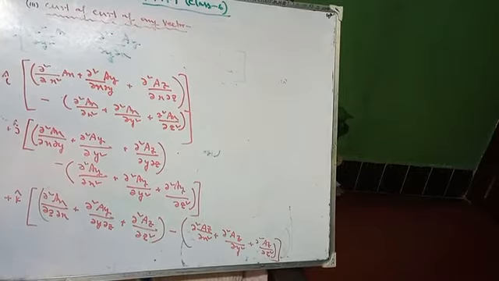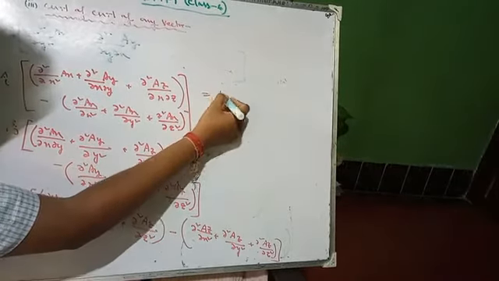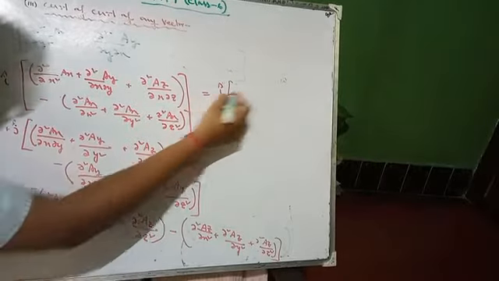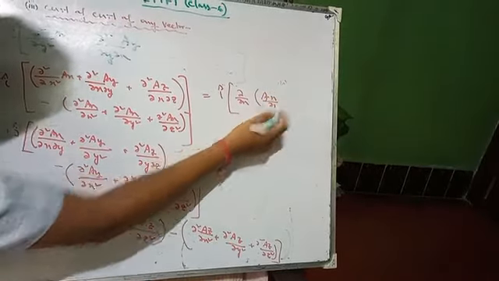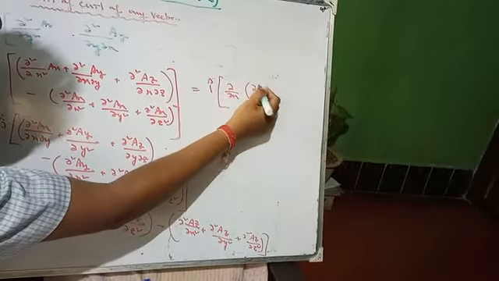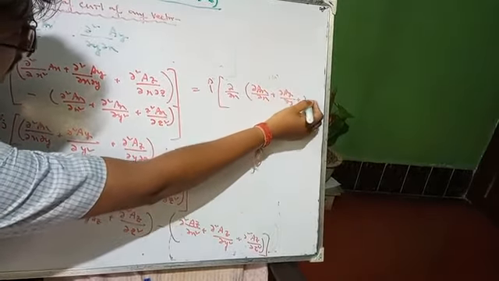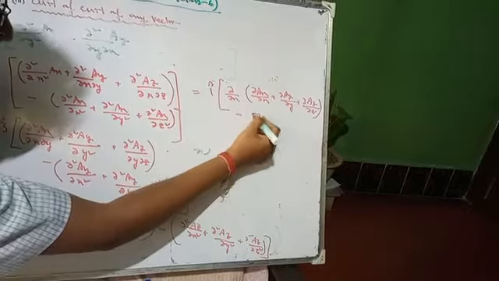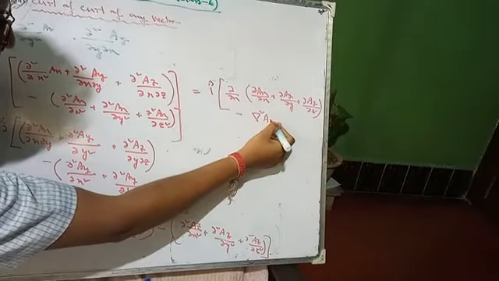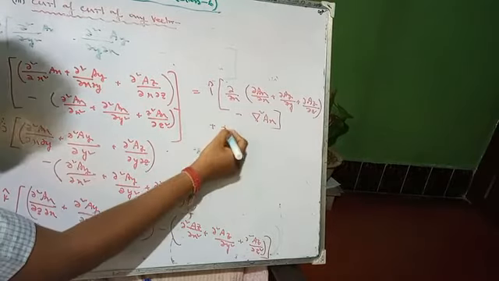Okay, so then you can get that if we take ∂/∂x common over the first three terms, then what happened, i cap over here, just the first line I am solving, ∂/∂x you are taking. So what happened: ∂Ax/∂x plus ∂Ay/∂y plus ∂Az/∂z, right? And minus this is nothing but the Laplacian of Ax.